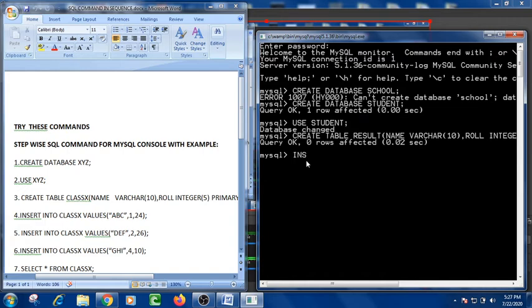Now for this purpose I am going to use insert into. The name of the table is result. Now give the open bracket, name. Suppose I am giving the name ABC.